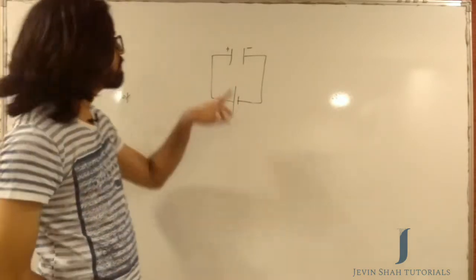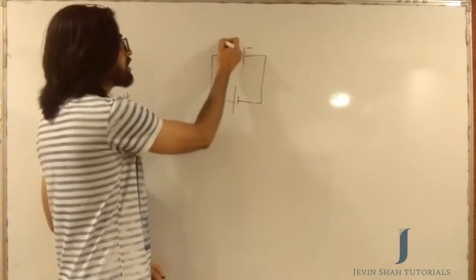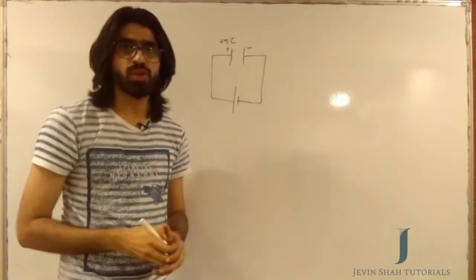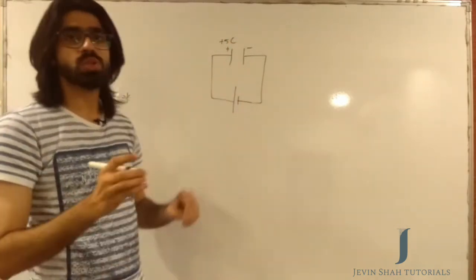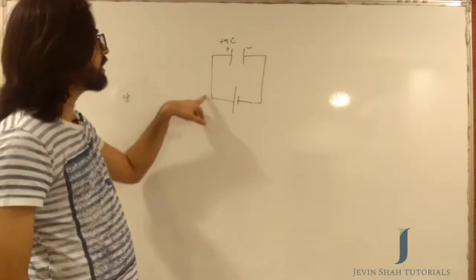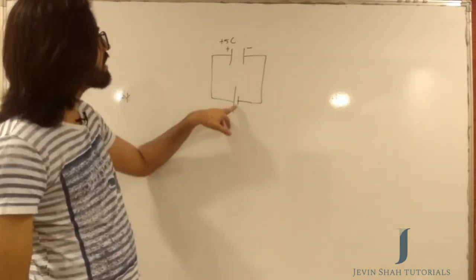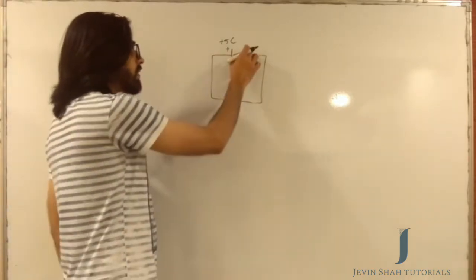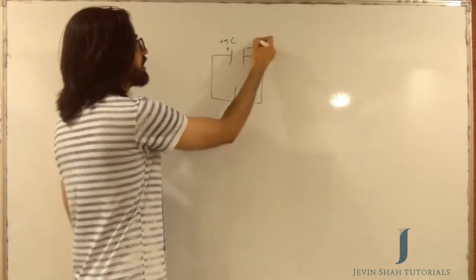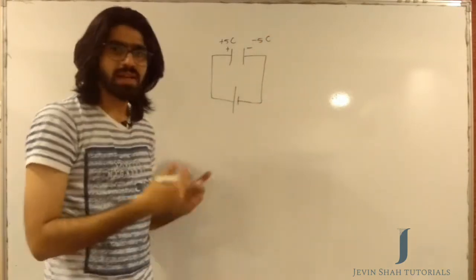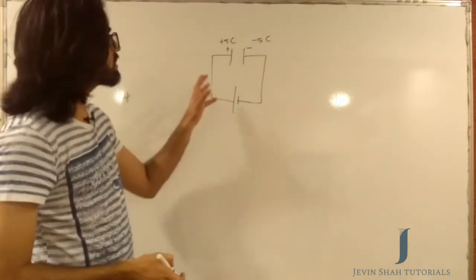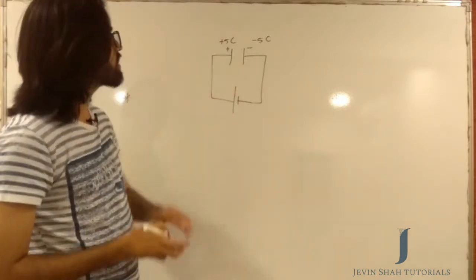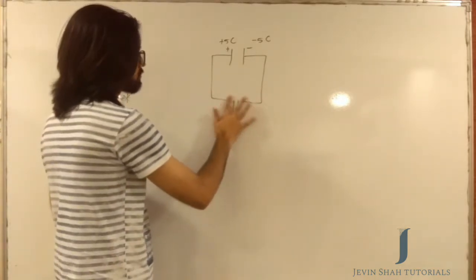Say for example, the first plate develops a charge of plus 5 coulomb because the electrons were taken from it. The negative plate, because whatever electrons were taken from the first plate, all of them will be given by the battery to the negative plate. So if this develops a charge of plus 5 coulomb, this will develop an equivalent amount of negative charge, which is, let's say, minus 5 coulomb. So that is how you get the separation of charges inside a capacitor. Once we achieve this, we disconnect the battery.